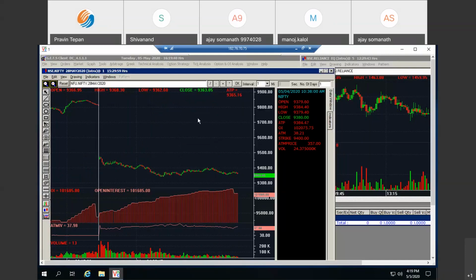So this is our graphical representation, everything from the technical point of view and the OI and IV point of view. I'll close this and move to the next feature.